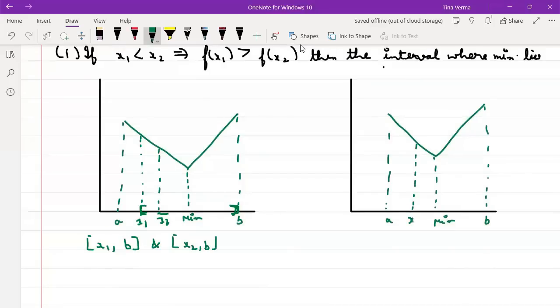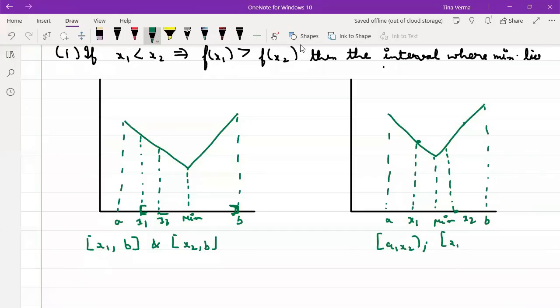Here also your x1 is less than x2. Here you can see x1 is also less than x2, but the function's value at x1 is greater than the function value at x2. So in this, what is the interval? That is ax2,